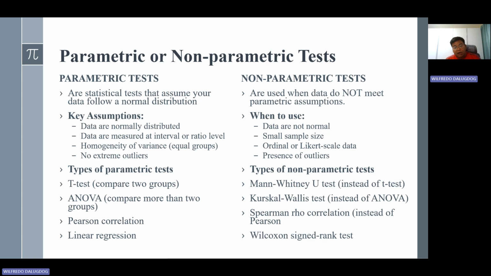So if you have already tested it using skewness and kurtosis and the Shapiro-Wilk test, basically you can now decide which test to apply. The parametric and non-parametric tests, as I have said, require you to determine first the normality of data distribution. It's just a quick sharing, focused on the test of normal distribution of data.